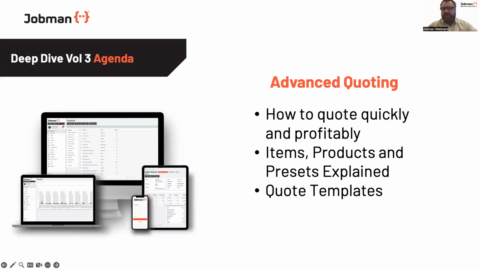But one of the secondary big benefits to that, of course, then is the client-facing aspect of our quoting system. So we'll also be covering in quote templates and the ability to email quotes in and out of Jobman with automations around acceptance and that. So that's a big one. Not just producing quotes, but having professional-looking quotes that are easy to produce by anyone in your company once you've set up the system, that can be then sent to your clients in a professional manner. They're accepted, which creates automation and a lot of transparency.